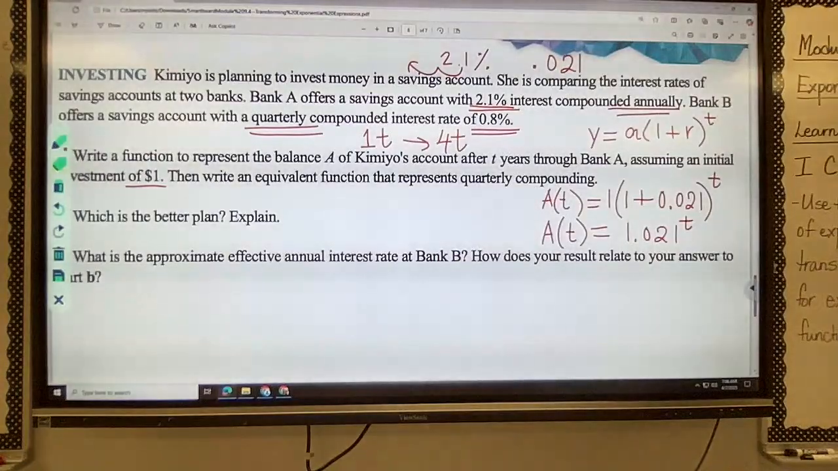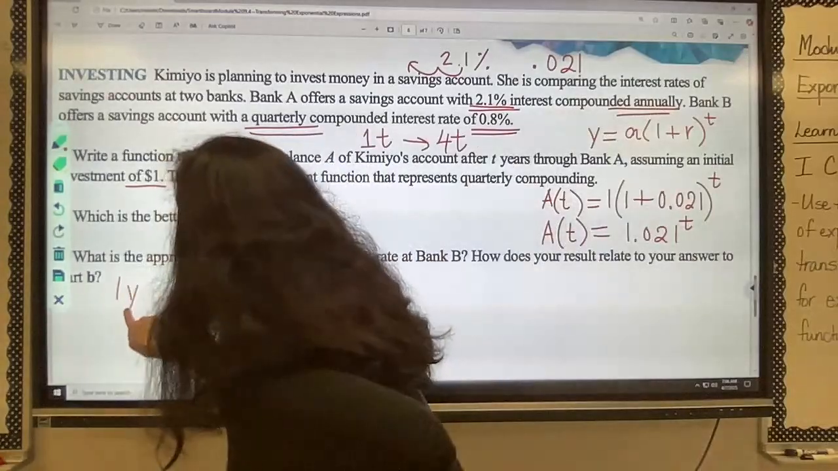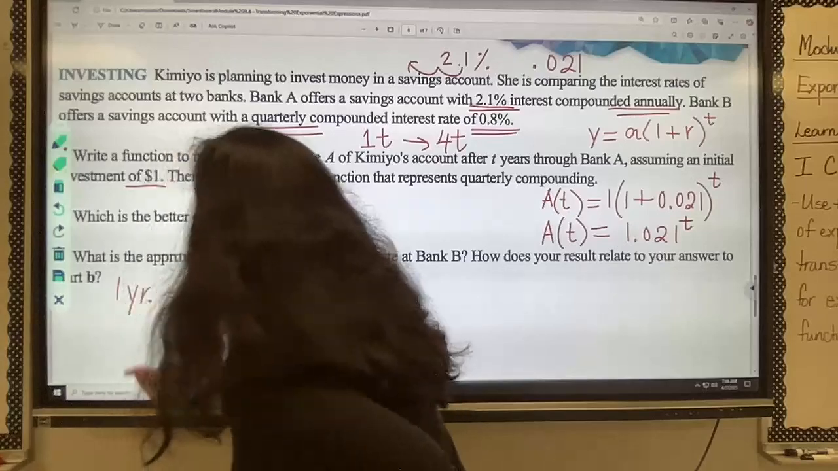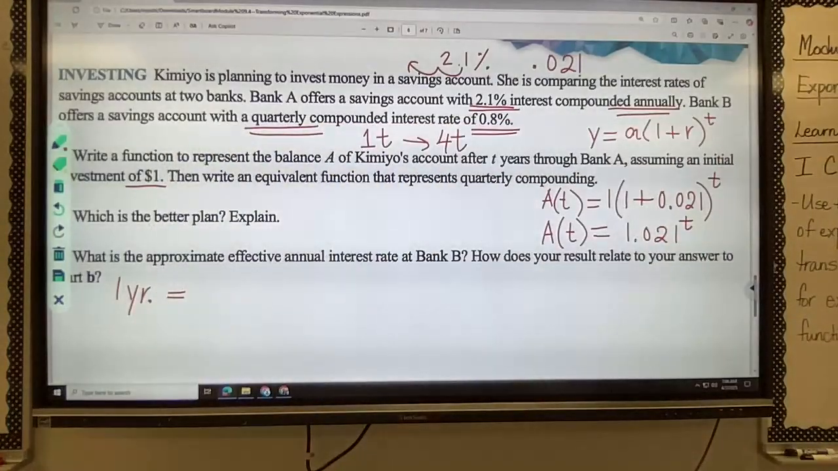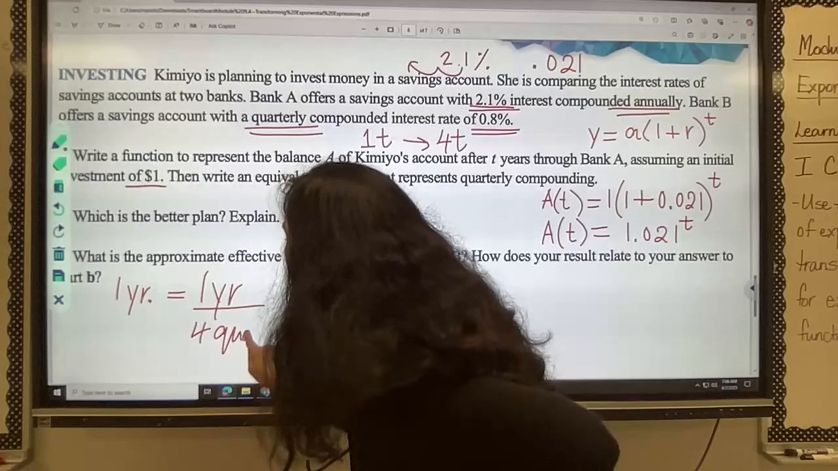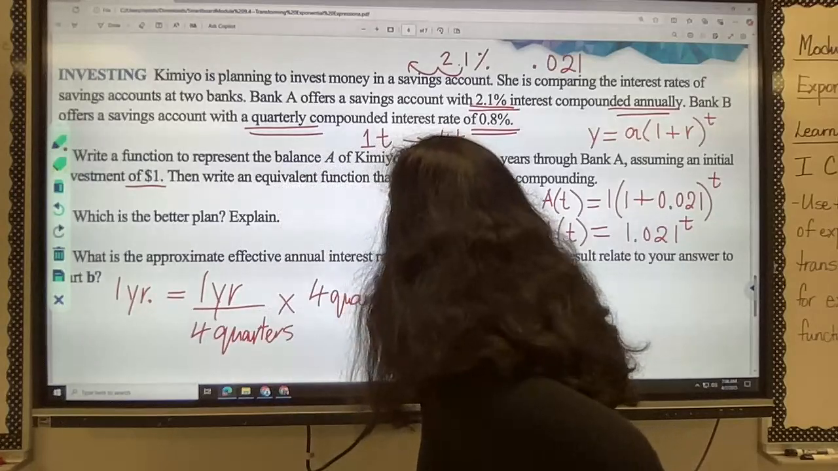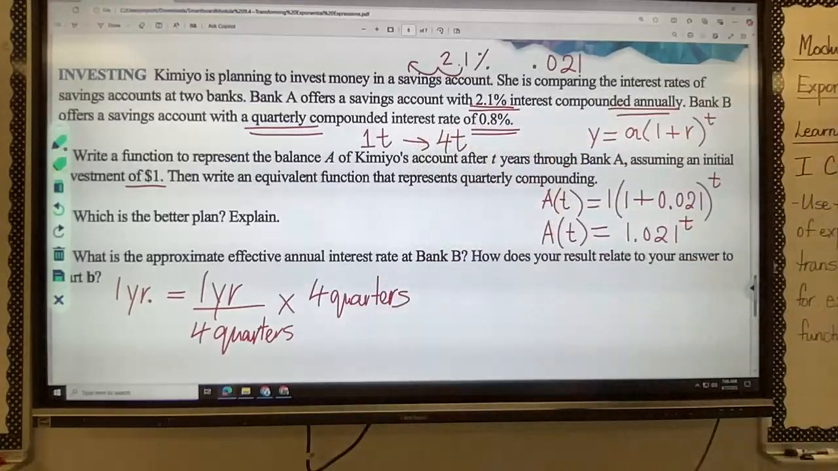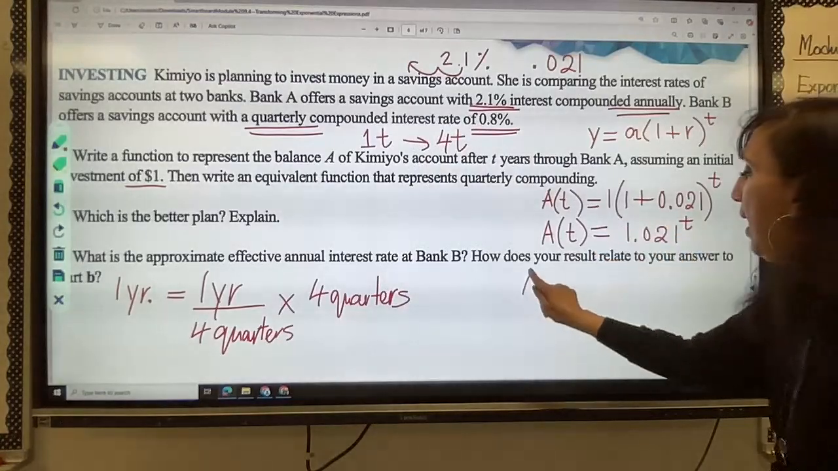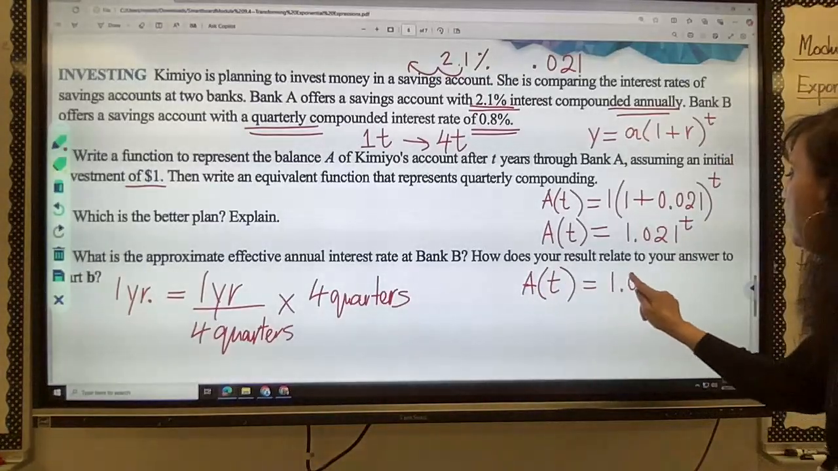Okay, so let's go ahead and we know that 1 year is 4 quarters, right? And this is going to be times 4 quarters, because we are trying to get it into our 4t. Okay, so what I'm going to do is write this again. A of t is equal to 1.02